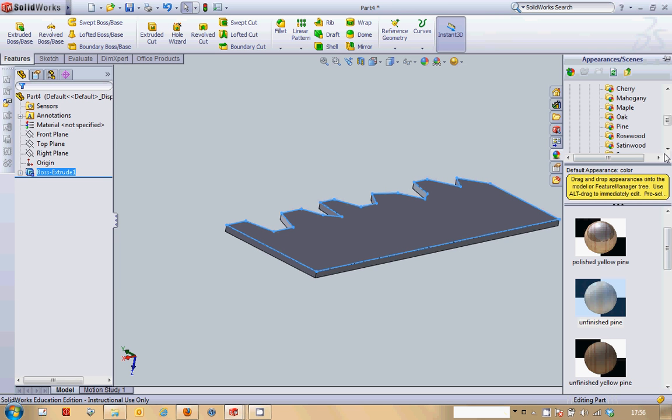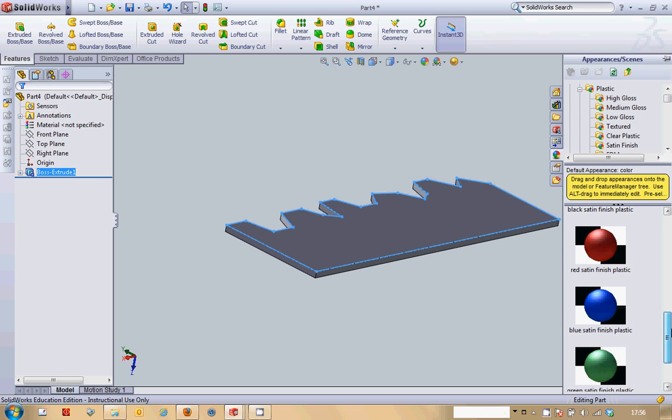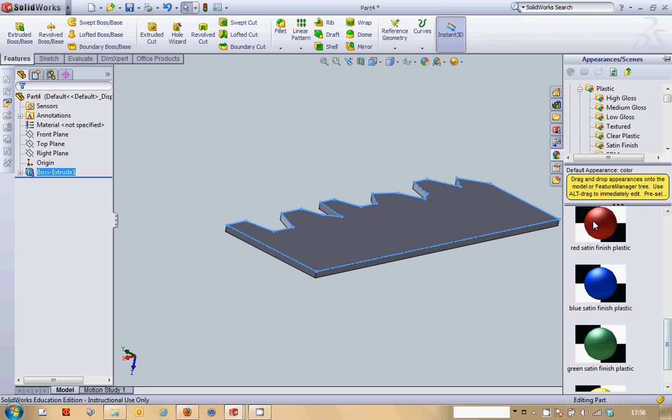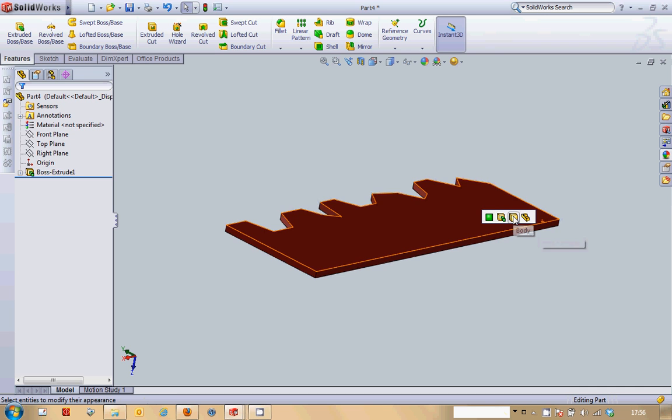We're going to choose the material. This time we're going to go back up and we're going to choose a plastic. And we're going to go for, say, a satin finish, which means it's not shiny. And you can then, if you go down to the bottom, you can choose which colour you want. I'm going to make my first one red. I'm going to assign it to the whole body,